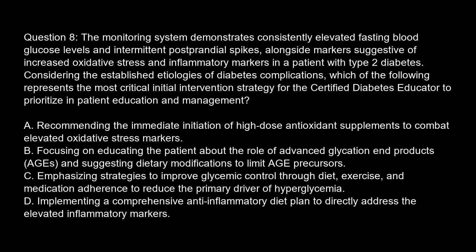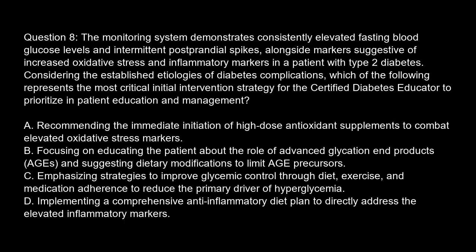Considering the established etiologies of diabetes complications, which of the following represents the most critical initial intervention strategy for the certified diabetes educator to prioritize in patient education and management? Option A. Recommending the immediate initiation of high-dose antioxidant supplements to combat elevated oxidative stress markers. Option B. Focusing on educating the patient about the role of advanced glycation end products, AGEs, and suggesting dietary modifications